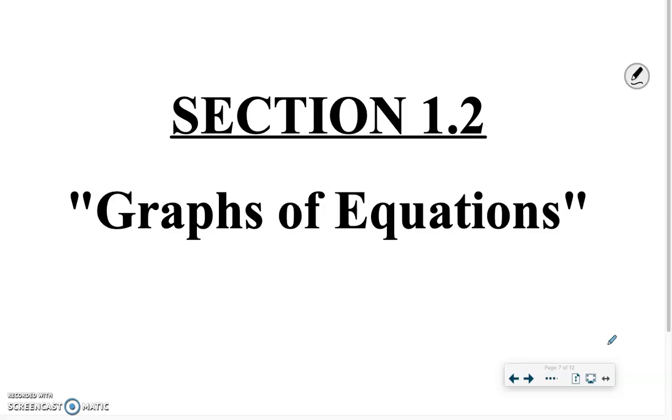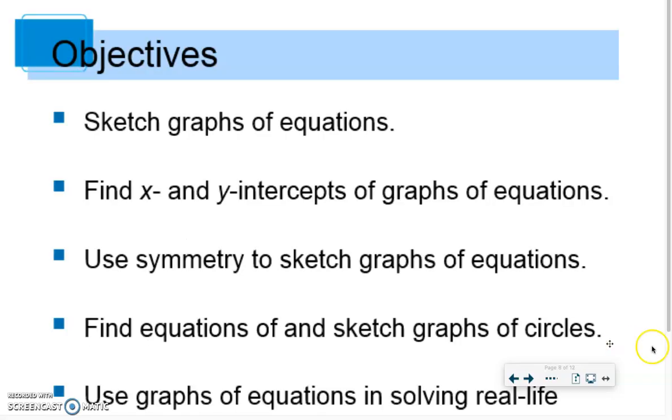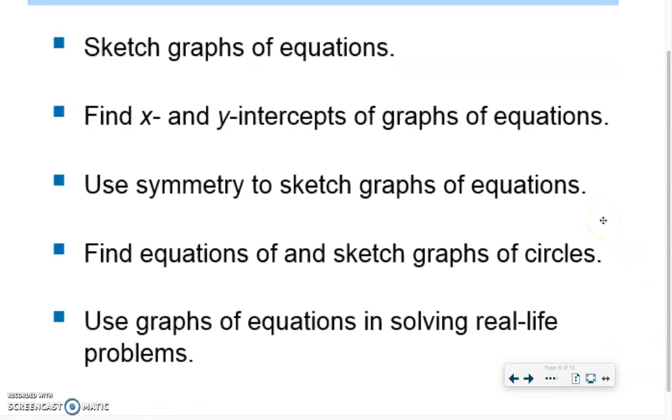Section 1.2, let's take a look at 1.2. We're going to talk a little bit more about graphs of equations. So the goals or objectives that we have, we want to be able to sketch graphs of equations. This is going to be a big part of Chapter 1. I know that a lot of students would probably say that graphing is not their favorite thing. But where we're going to be possibly by the end of this week, fingers crossed, is section 1.6 on Friday, as we have it penciled in right now,